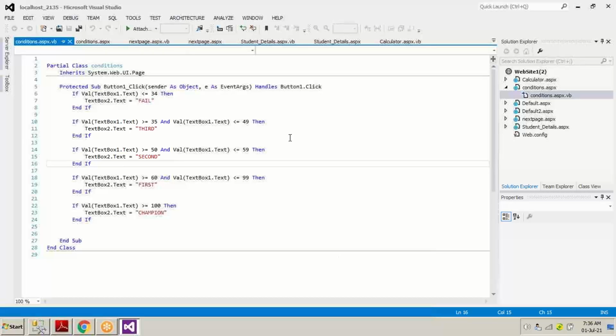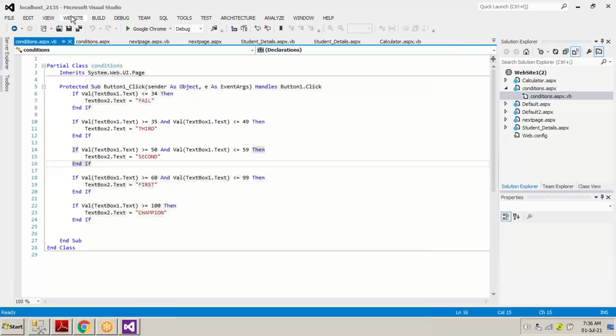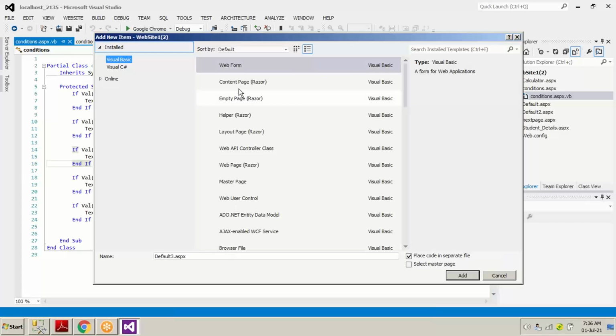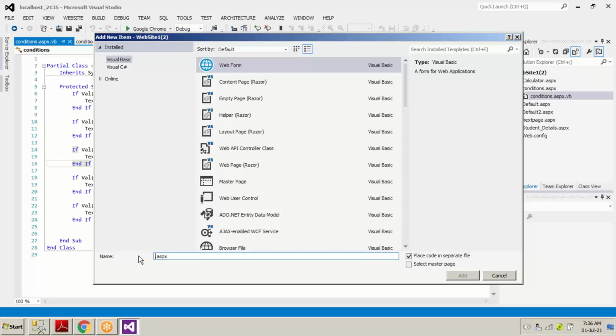Okay. Now what I'm going to do, I'm going to add a control. First of all, I'm going to add a page. And we are going to name this page web form day 12 .aspx.